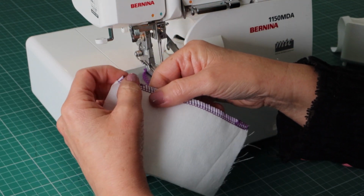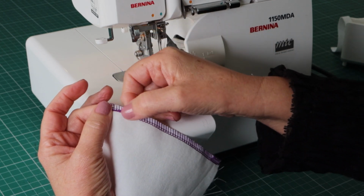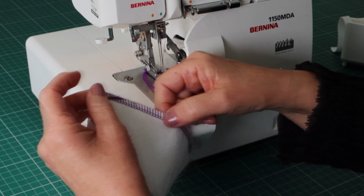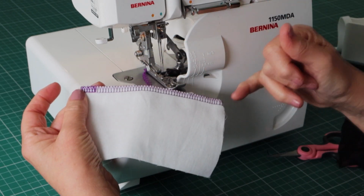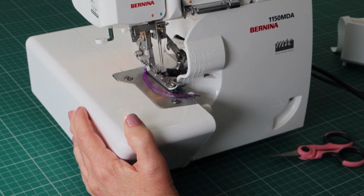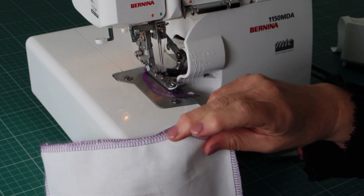Where I started as well, I've literally just pulled this thread in under my stitches, and the stitches have sewn it in there, so there is just no way that we are going to have the unraveling. Now the next step that I wanted to show you is when I'm sewing, let's say it's a